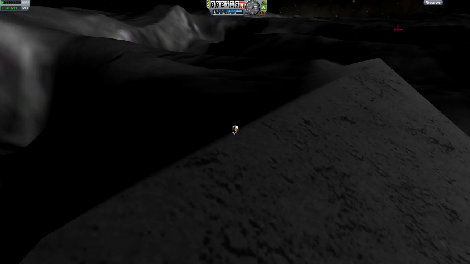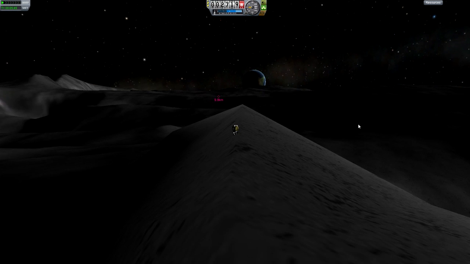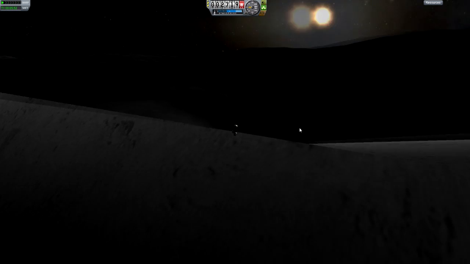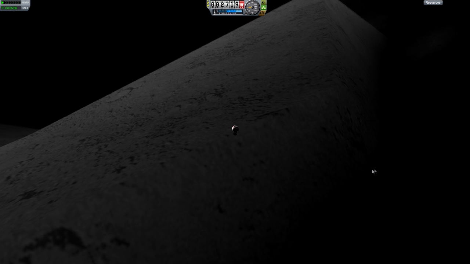I claim this mountain in the name of Kerbal, which is right over there. Very nice. It shall be called Fermi Ridge. That was super important. That's why you had to see this. Still haven't found the anomaly. Unless this somehow is the anomaly. Don't think so. But we'll have to...